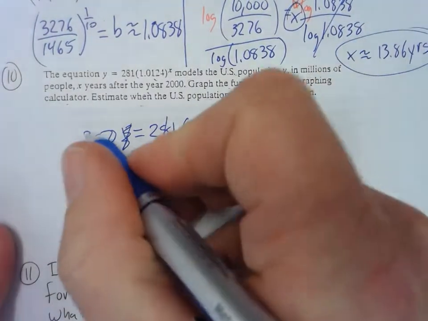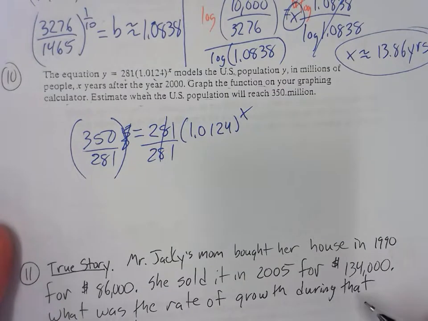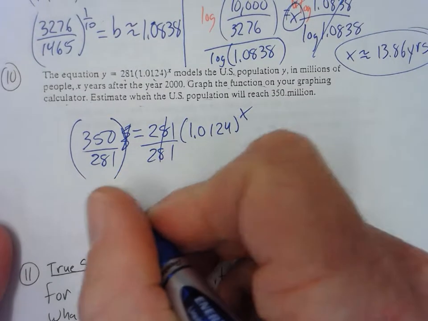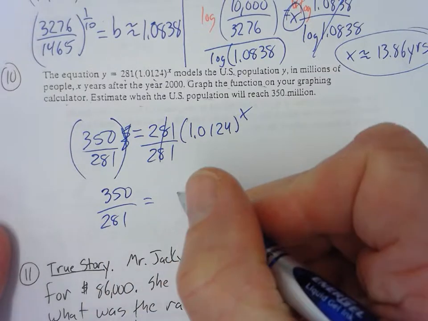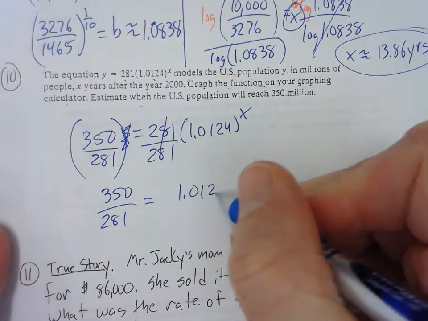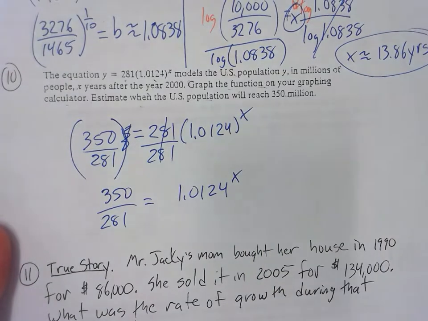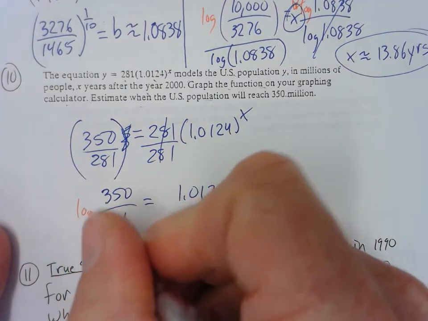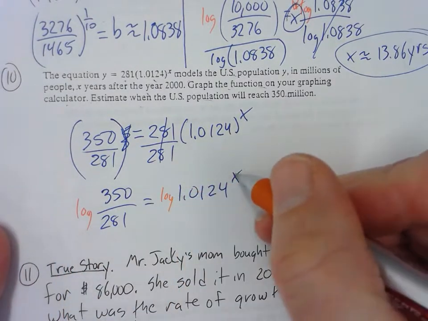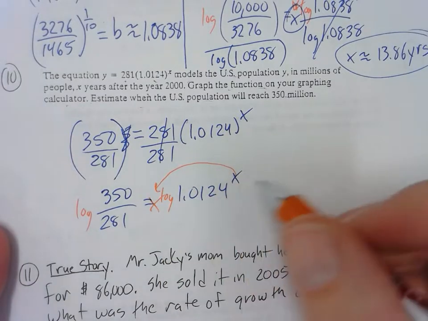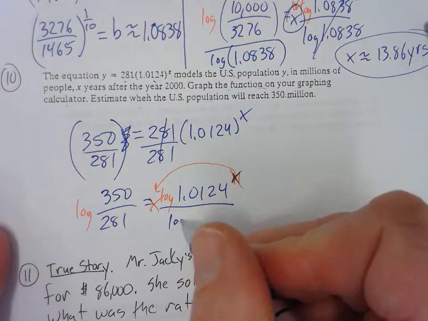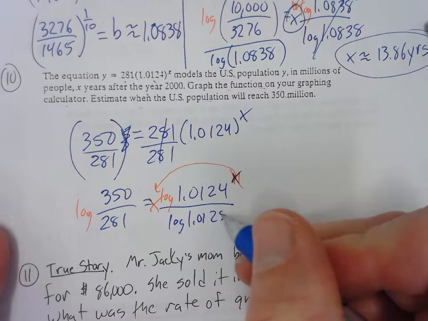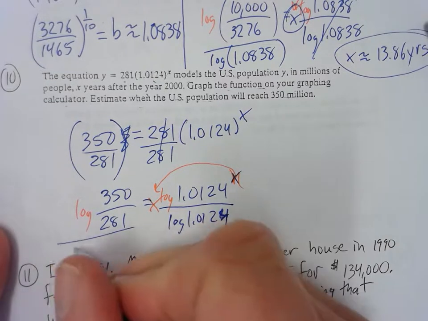This cancels out. And again, that's an awful fraction, so I'm going to leave it. So I have 350 over 281 is equal to 1.0124 to the x power. Take the log of each side, right? Why do we take the log? To bring the exponent to the front. So that's not there anymore. And then I just divide the log back over 1.0124,